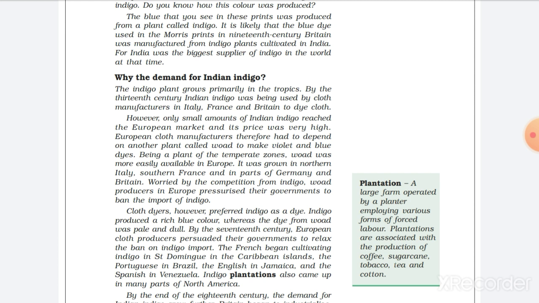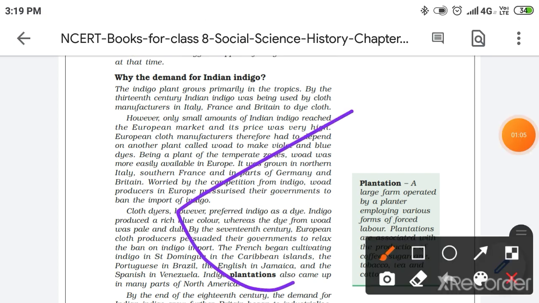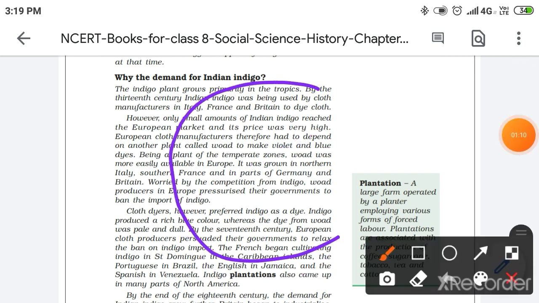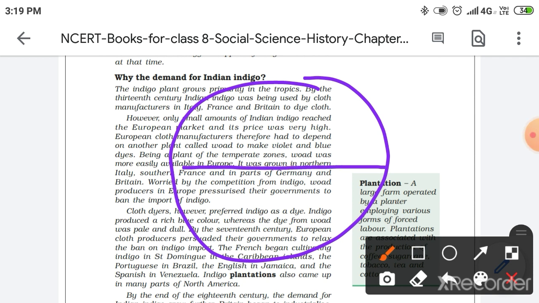So mainly I want to give you some indigo plant information. So indigo plants used to grow in the tropical parts of the world. So here the question comes, what's the tropic? Let me just tell you, consider this circle as the earth. Here is a line, this line is the equator as you have studied in your geography in the earlier classes.